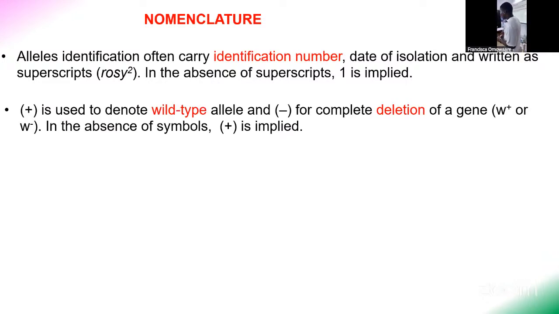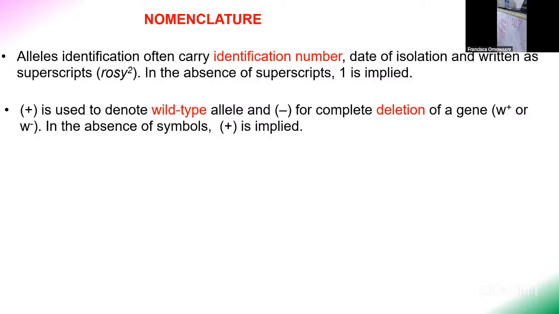Right. And this confuses a lot of people, and confused me as well when I started working with flies. Wait, plus actually denotes the wild type allele, and minus denotes a complete deletion of that gene of interest. Is that okay? So when you see people writing white plus,